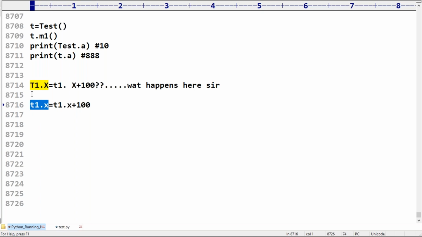Getting it, Chandan? Yes, with this total value, a new instance variable will be created if it is not already there. If x is already there, then the old value will be replaced with this updated value. Next up,